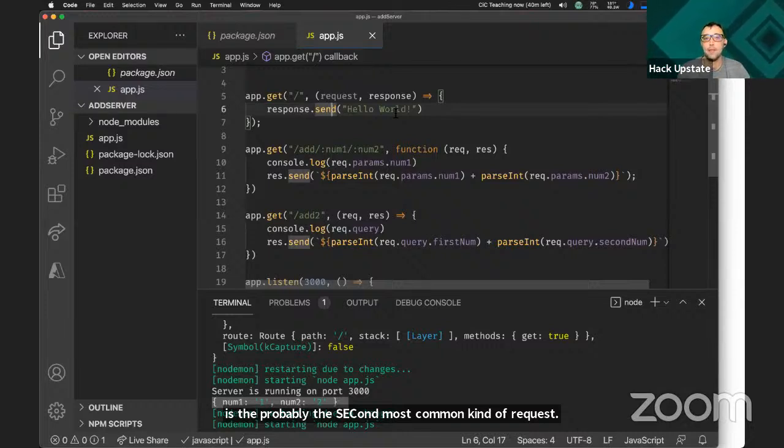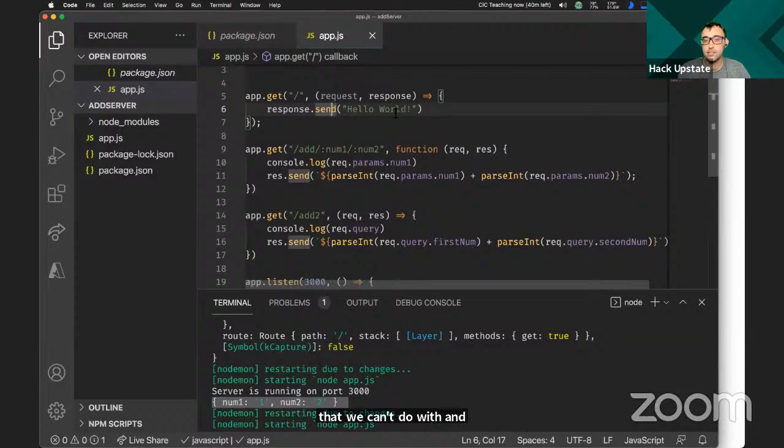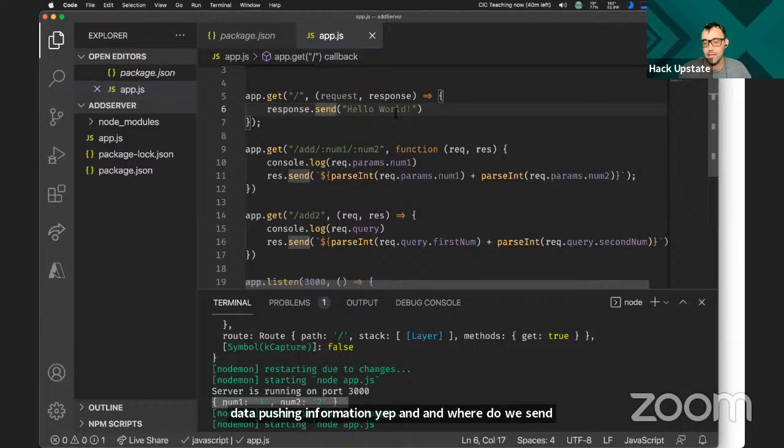You guys got it. And what is special about post that we can't do with GET? It's used for changes or for updating data, sending data, pushing information. Yep. And where do we send that information that we want to update?